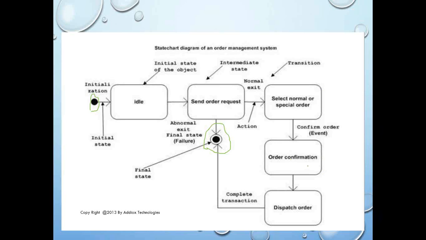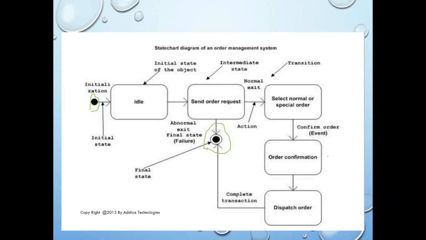Similarly, once it is checked out, then it is in payment processing state, because that is just going through the payment processing right now. Once the payment processing is done, then it's the order confirmation. The system will check whether they have it in the inventory or not, whether that stuff is available or not, and then based on that it will send you the confirmation that this shipment will arrive in 5 days. That is your order confirmation.